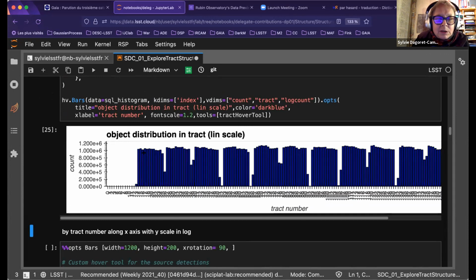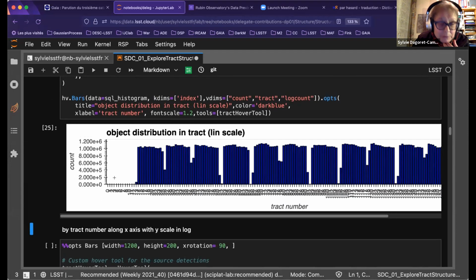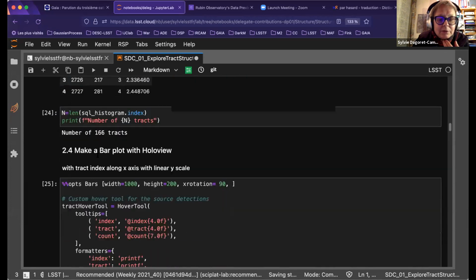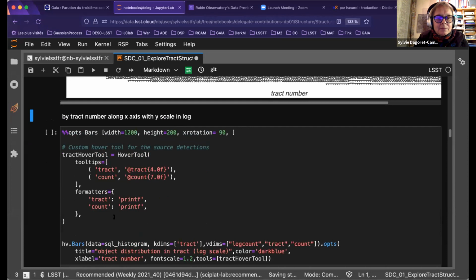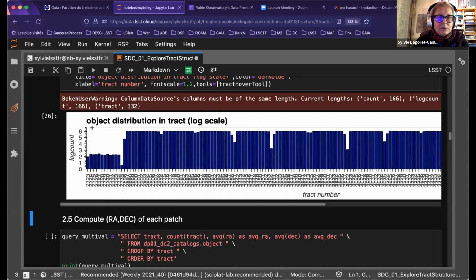And you see that most of the tracts have around 1 million objects. Sometimes you have non-empty tracts with a very low number of objects, for example around 100 objects. That's why I have computed the log of the count. And here I do a plot with a